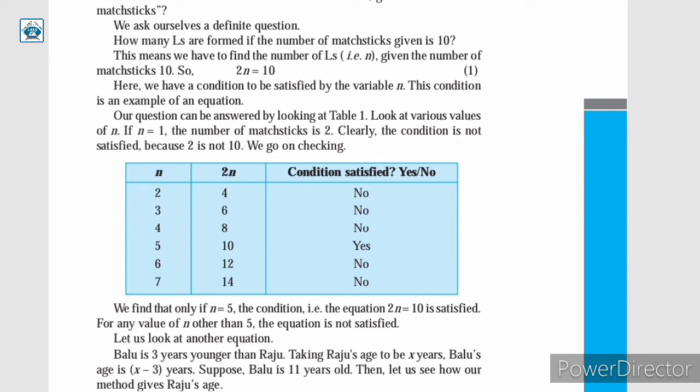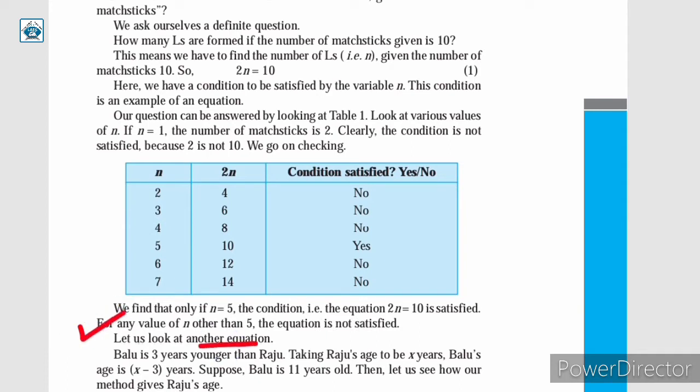Here we are given table in which we take different values of n. So for 2 we get 2n is equal to 4. We require equal to 10. So when we take the number 5, then we get equal to 10. That is, for n is equal to 5, we get 2n is equal to 10. So here the condition is satisfied. We find that only if n is equal to 5, the condition, that is the equation 2n is equal to 10 is satisfied. On the other hand, for any other value of n that is other than 5,